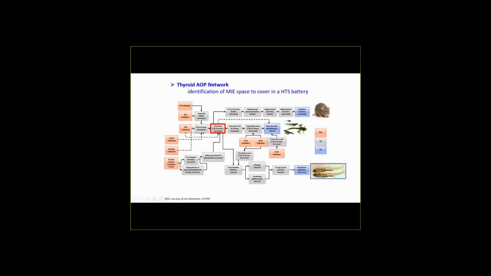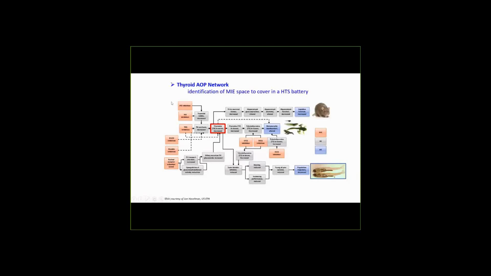And they also mapped the outcomes of those perturbations to effects in a number of different species. So we had used the amphibian as a model organism, since we knew metamorphosis is dependent on thyroid hormone signaling, but we also know that impaired thyroid hormone production can lead to cognitive impairments in rodents and other types of mammals, and that it also plays a key role in fish, for example, in development of the swim bladder and auditory sensing, and so plays a critical role in young of year survival in fish.